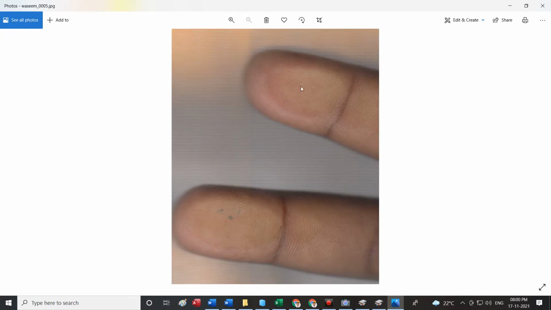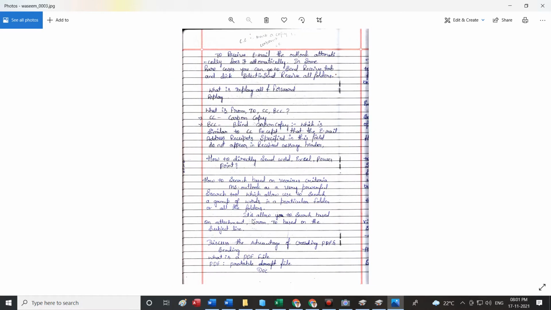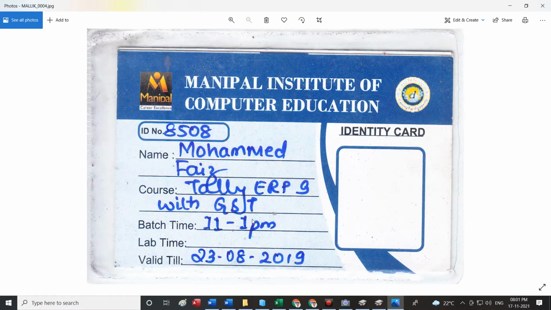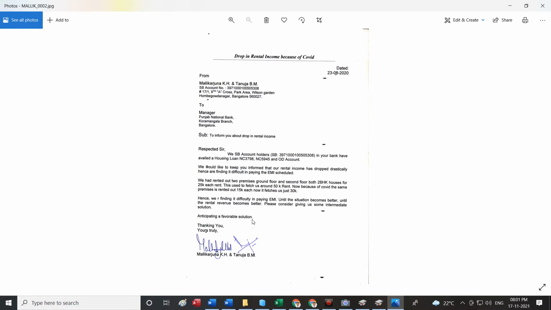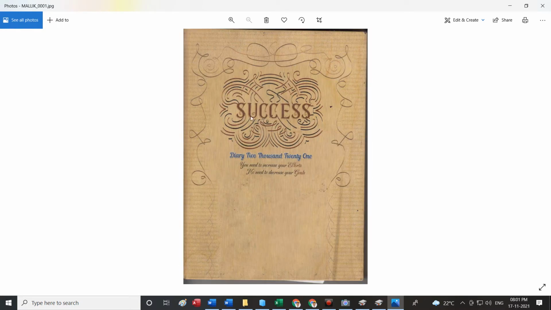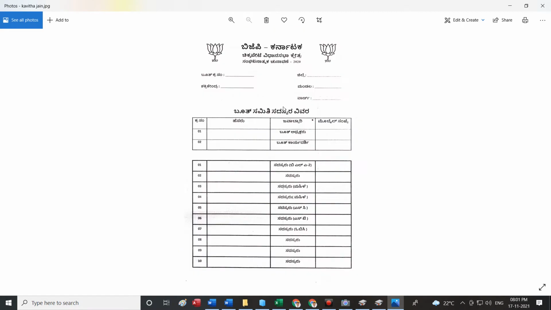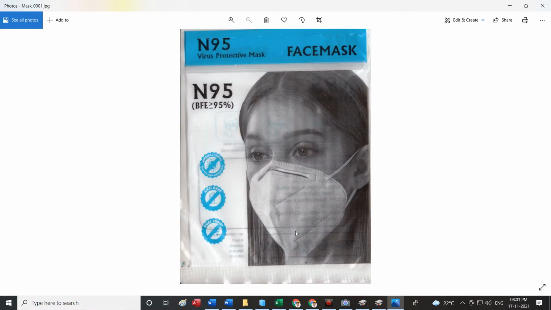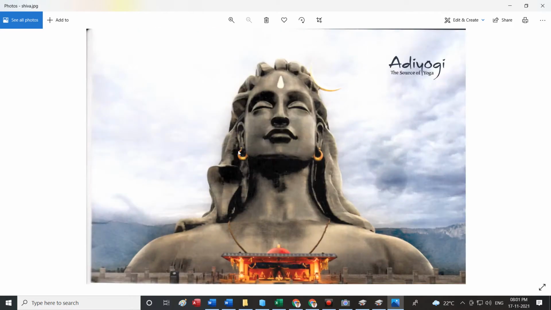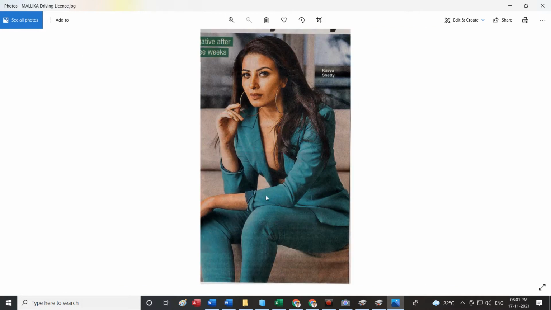Here is two hands. Even astrologers take a scan of your palms and fingers, and then they predict. You need not personally go. On a video conferencing, you can scan your image, scan your data and give it to them. This is one of my diary 2021. This is N95 mask. I had a wrapper which I used to scan, and this is a Sadhguru's Adi Yogi photo, a small photo. If you guys can see there, what is that? Frame. This has been scanned.